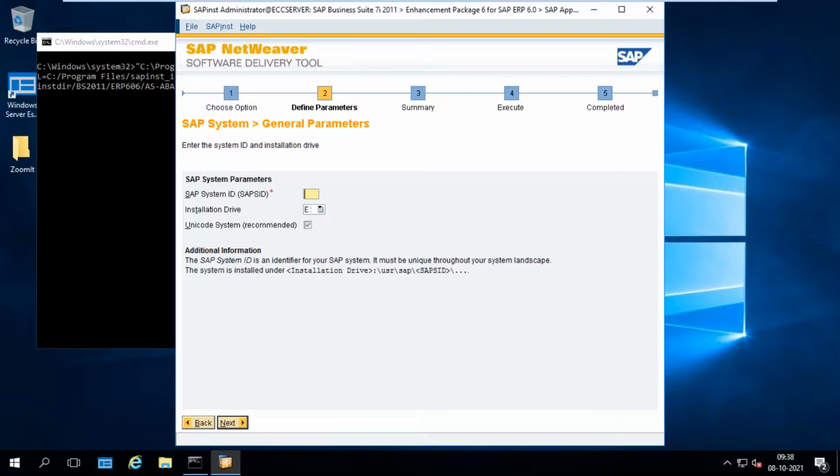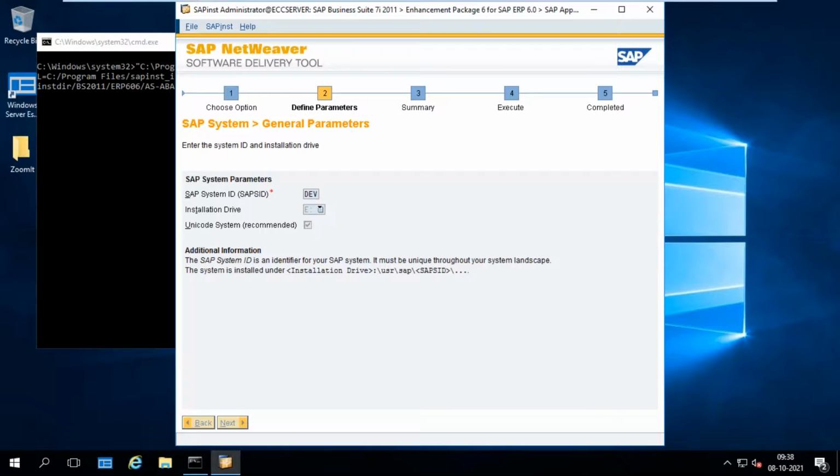Yes, here we need to enter the system ID. I think in the last session we discussed system ID. That's very important. That's mandatory. System ID I'm going to enter, like DEV. Installation drive is E drive. Click on next.